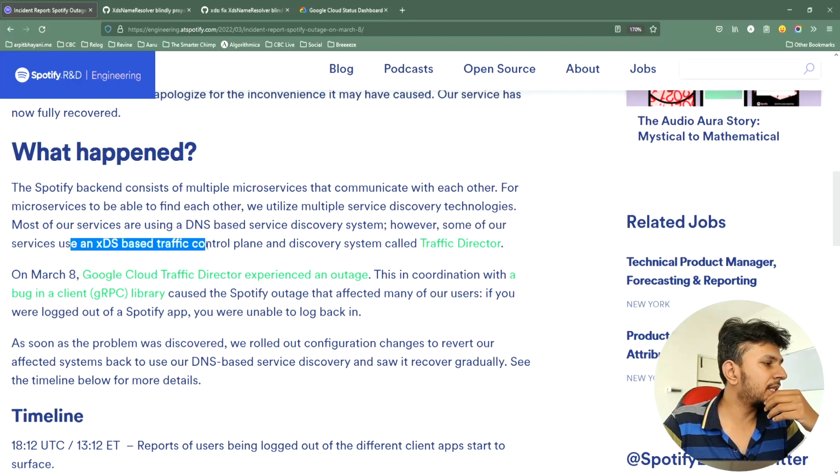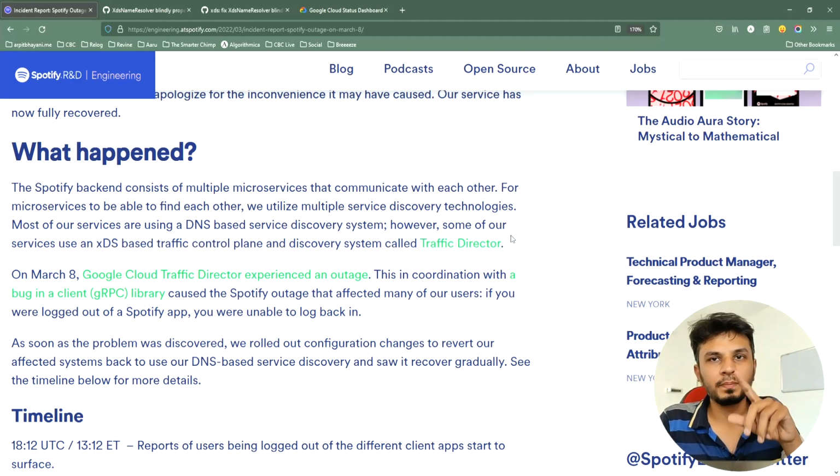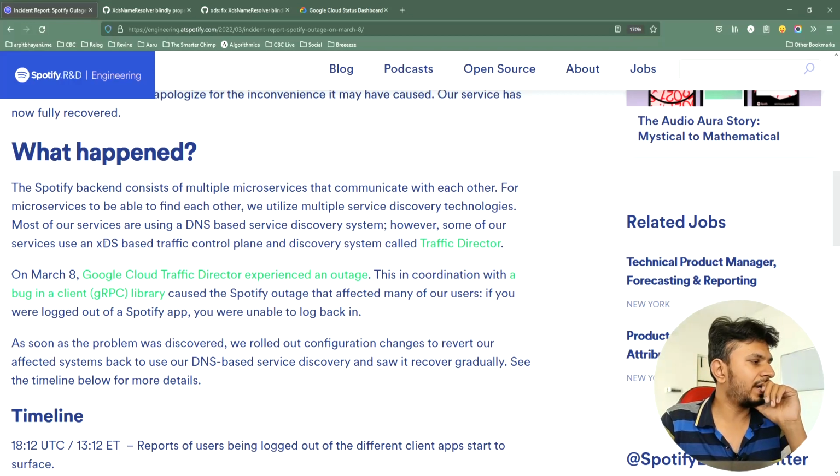They use an xDS based traffic control plane discovery system called Traffic Director. Traffic Director is a managed offering provided by GCP, basically Google Cloud Platform. So Spotify uses Traffic Director as their control plane.